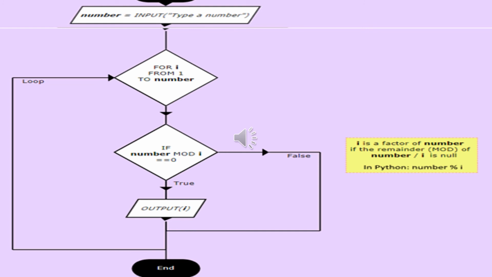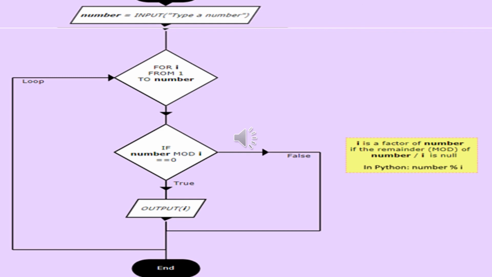Next one is the decision symbol. Look at the diamond symbol in which is written for I from 1 to number. So in this flowchart, we will see that it proceeds from 1 to 15.